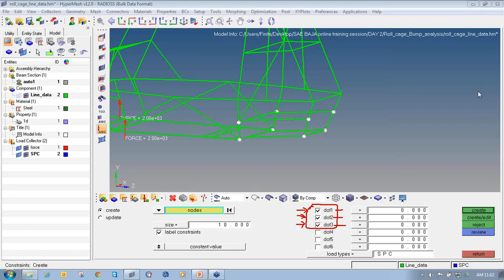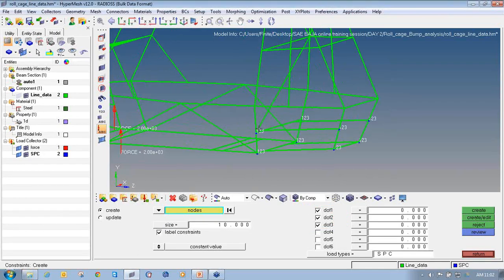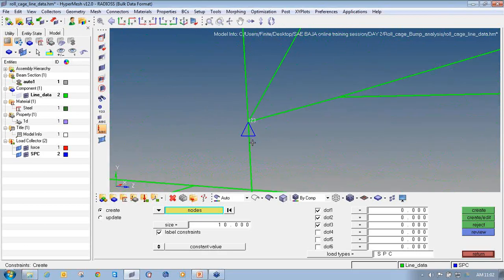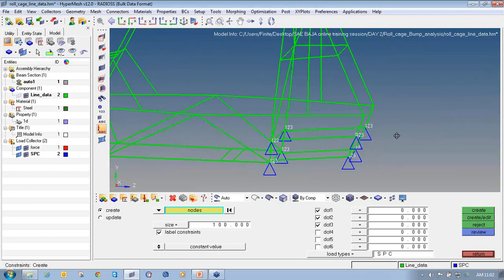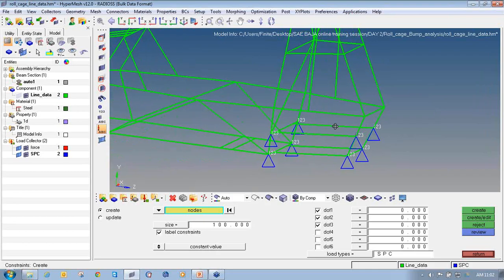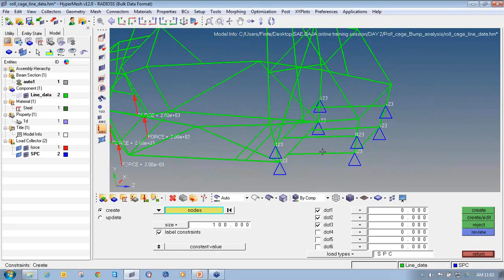So for this particular model, I am going to constrain these 3 degrees of freedom and click on create. The constraints are represented using triangles. So you can also increase the size of these constraint symbols, and you can see here the size has increased. So these are the locations where I have applied the constraint on my model.